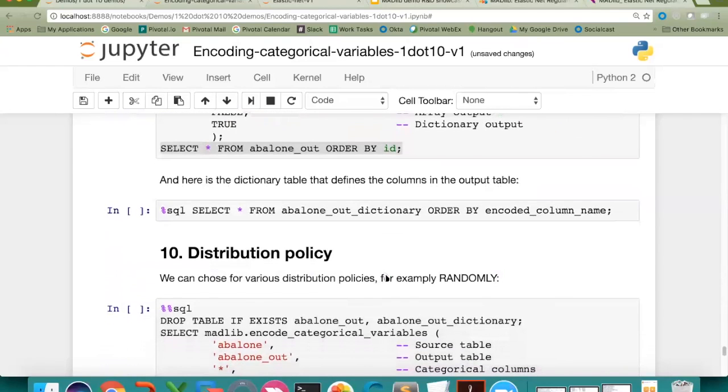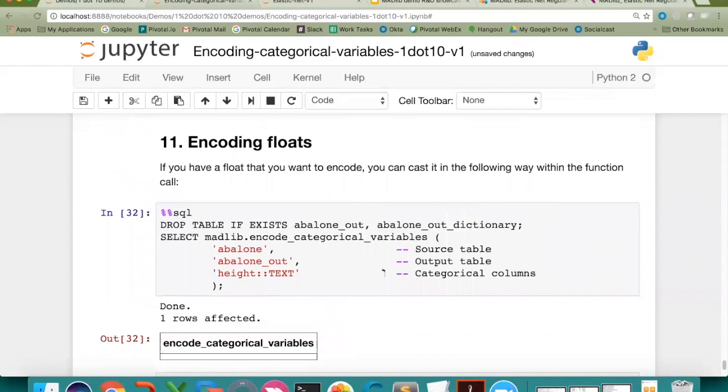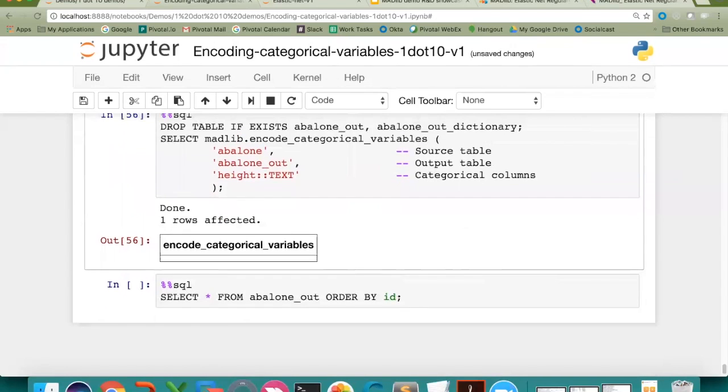There are other options, like how you want to distribute the data. Oh, maybe one final thing is, sometimes you want to encode floats, right? Integers and text are the most common categorical variables, but sometimes you actually want to encode floats. It could be version 1.0, 2.0, 3.0. Those are floats, but they're actually categorical in nature. So to do that, I would cast it to text or int or whatever is appropriate directly, and then I can see,